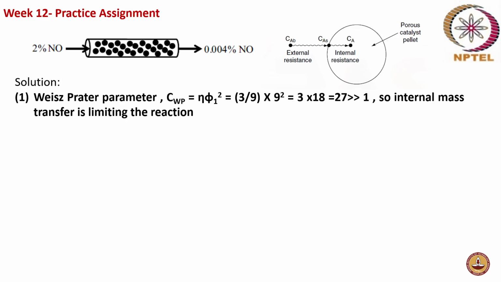Now so Weiss-Prater parameter is eta into phi 1 square. So that is eta is 3 by 9 into 9 square. Phi 1 is 9, so 9 square. So you will end up with the value of,